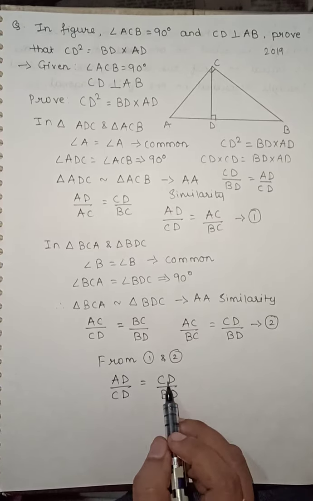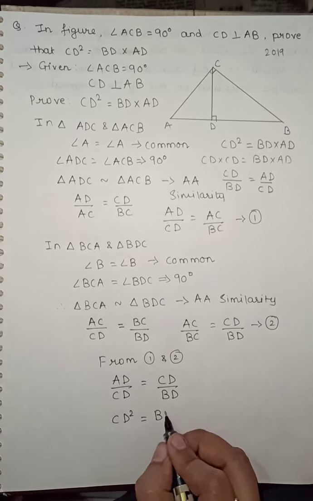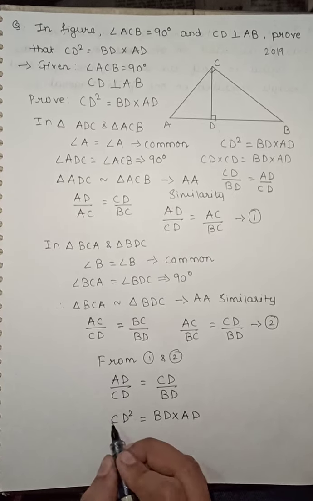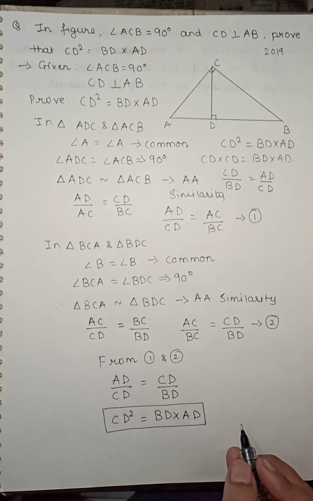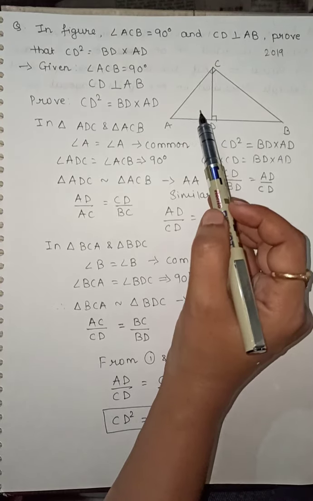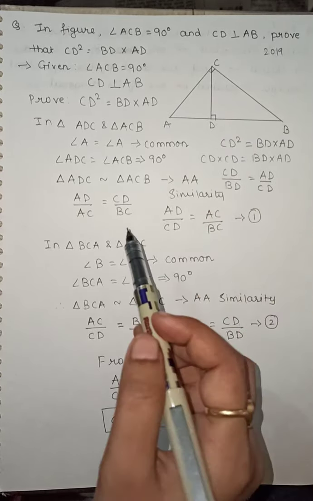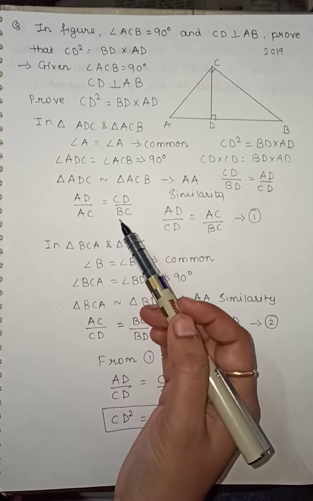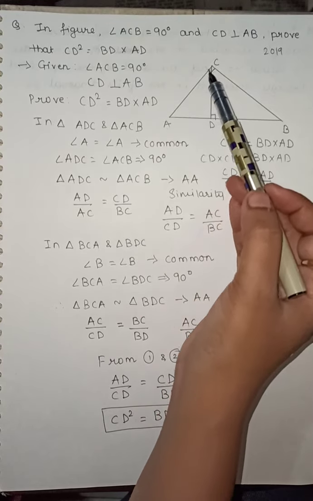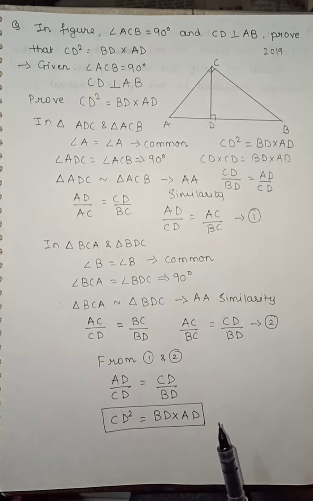Let us cross multiply. CD into CD is CD square equal to AD into BD or BD into AD. The order which is present in the question, write accordingly. So hence we have got our proof. So you have to just show two triangles similar, first ADC and ACB, and second BDC and BCA. When you show them similar, you will get a relation of their proportional sides. AC and BC will be the common side because you are showing them similar to the outer triangle. So the sides of the outer triangle will be similar to both the triangles, and then you can equate them and get the required solution.